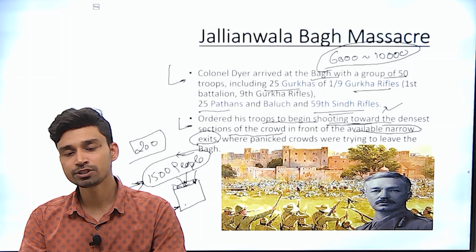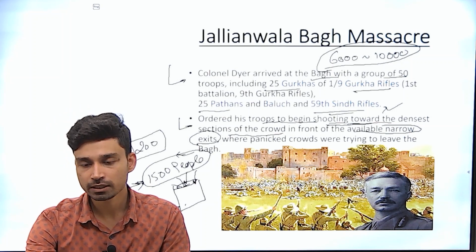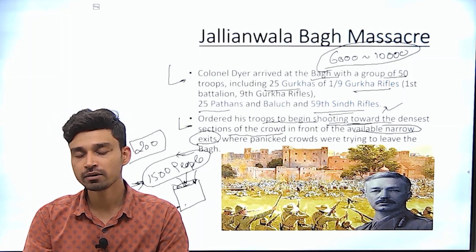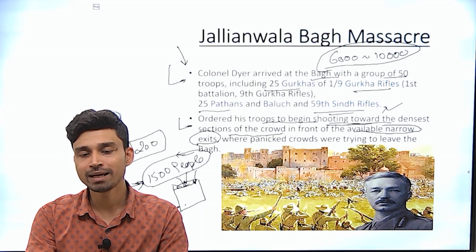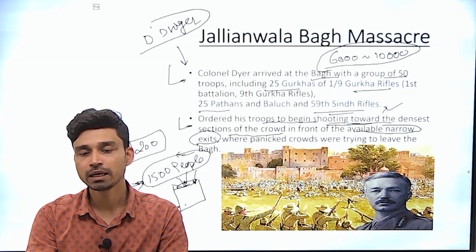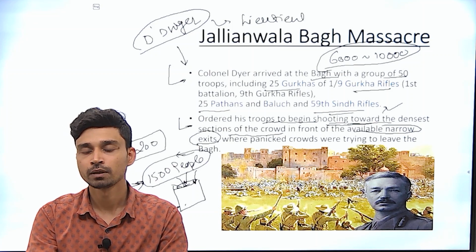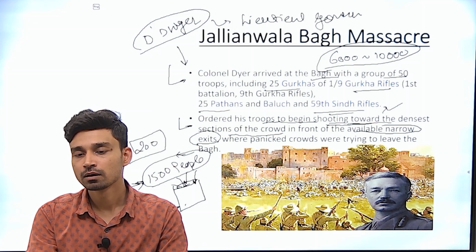Here, one more interesting thing you should know, that there are two persons here. One is General Dyer, who was directly responsible for giving a shooting order, and the other person was Michael O'Dwyer. During this incident of Jallianwala Bagh, he was actually the Lieutenant Governor of Punjab, and later on the inspection, or